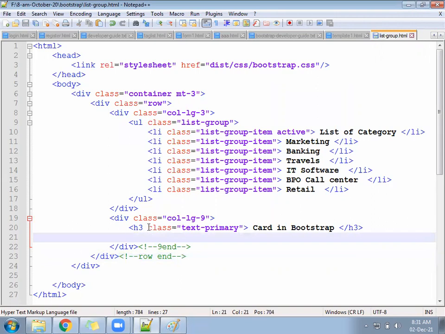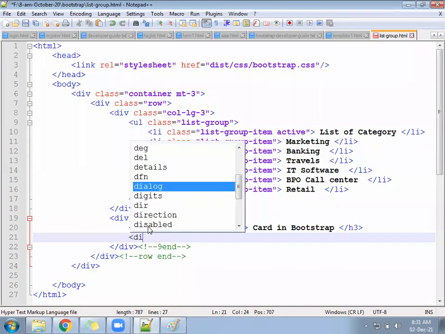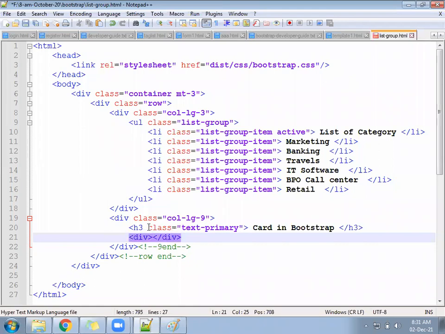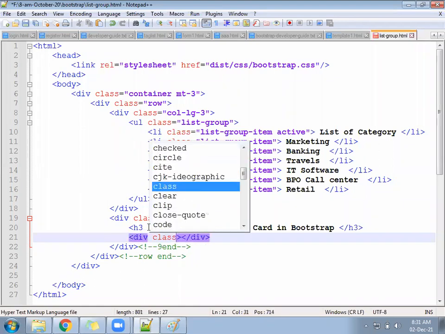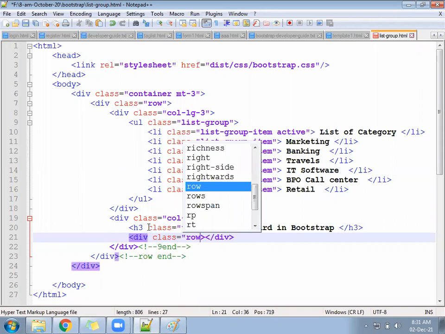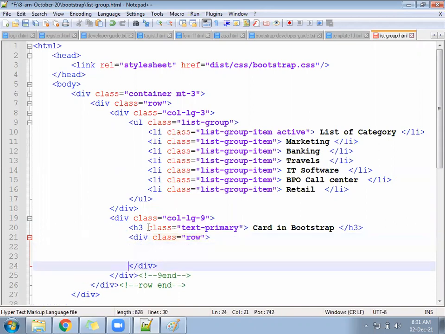Now go inside the 9 and follow a division, class equal to row.